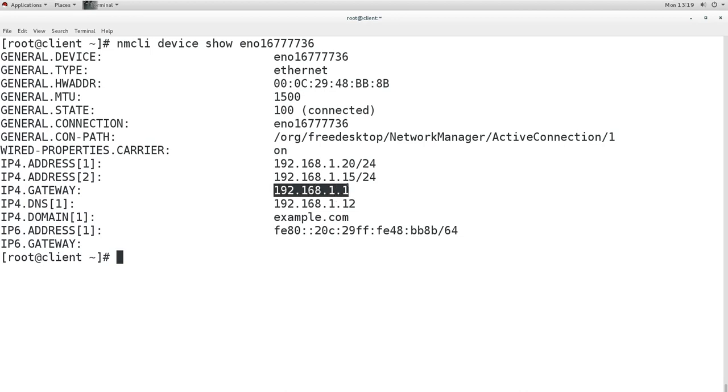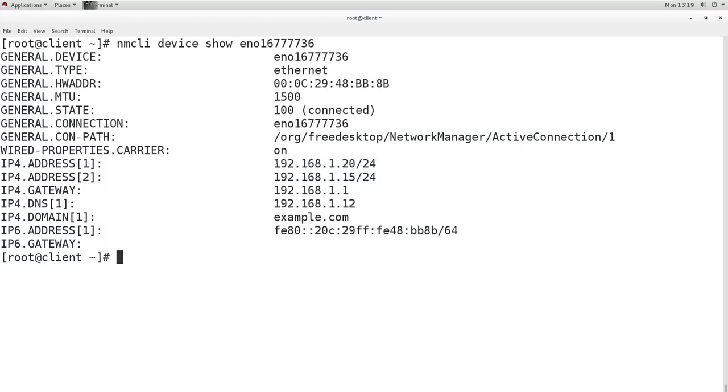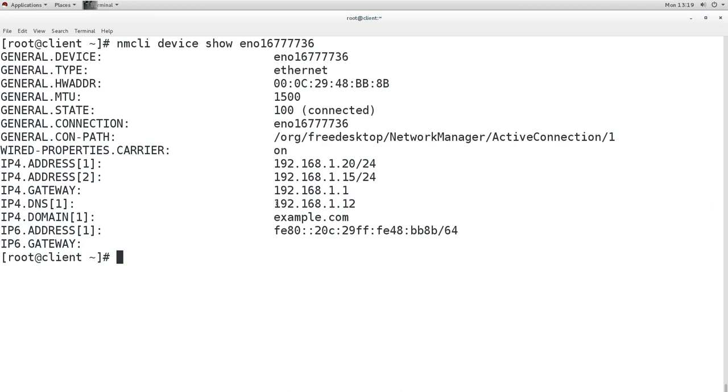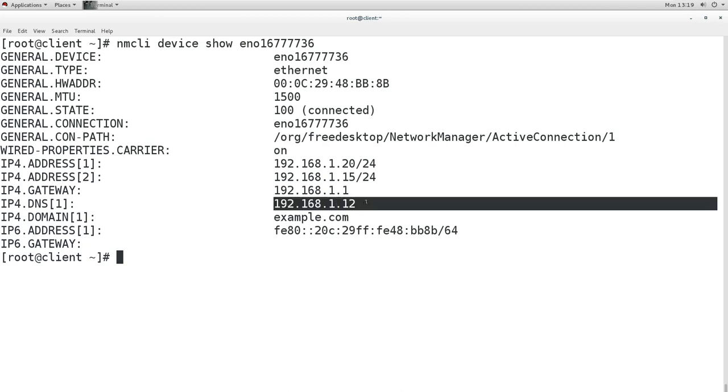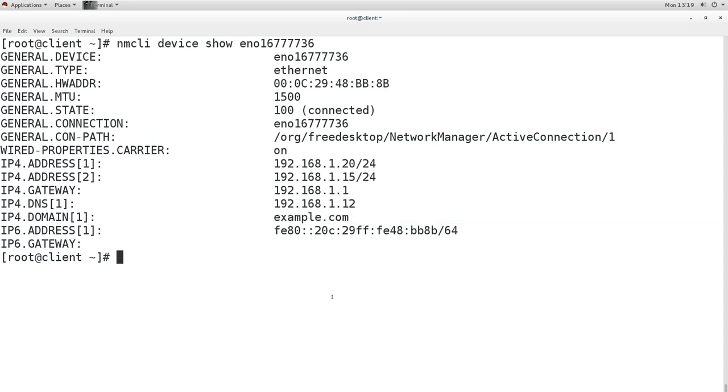It is getting the IP address 20, and it is getting it from DHCP. Then it is getting 192.168 as the gateway. You can see it is getting the DNS server also. This is the domain name, so it is getting it from the DHCP server.